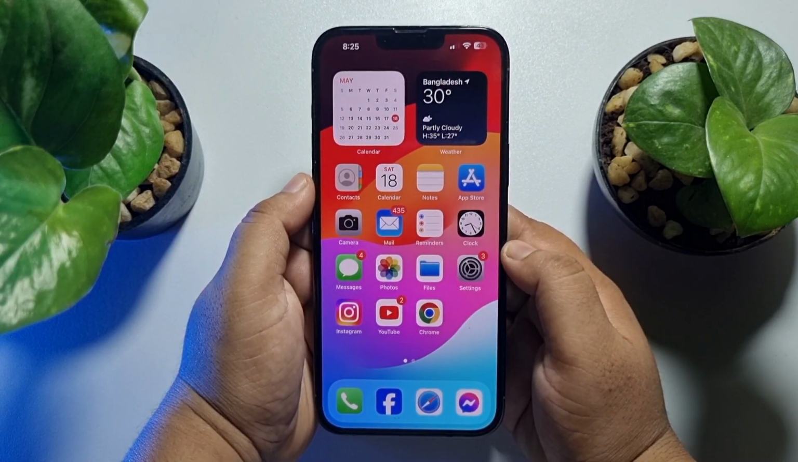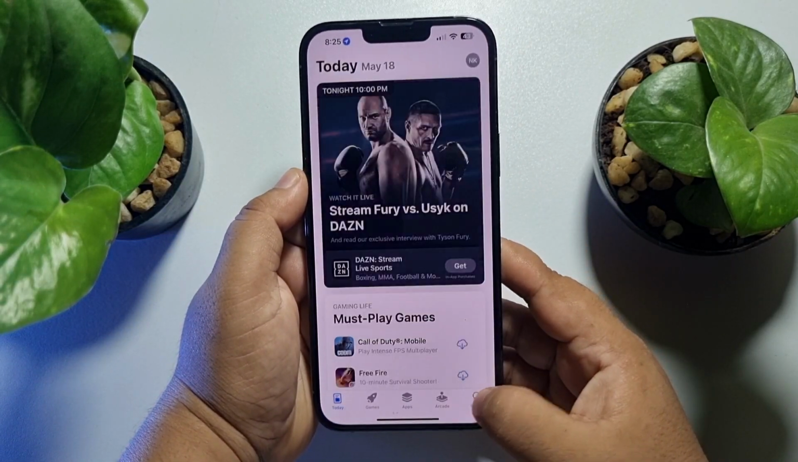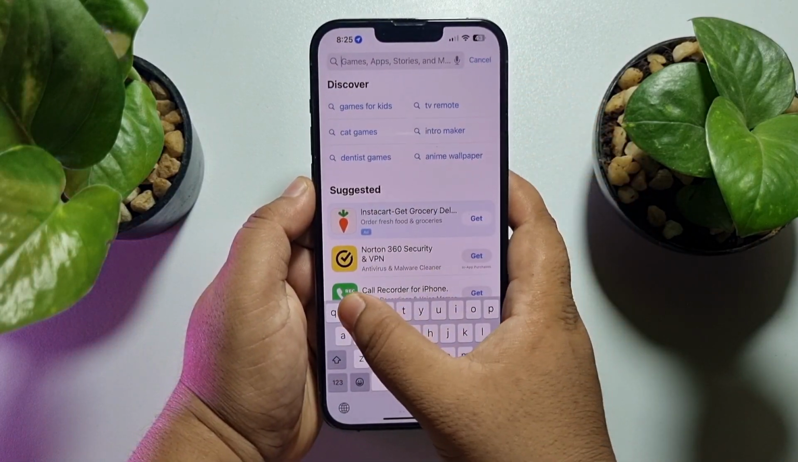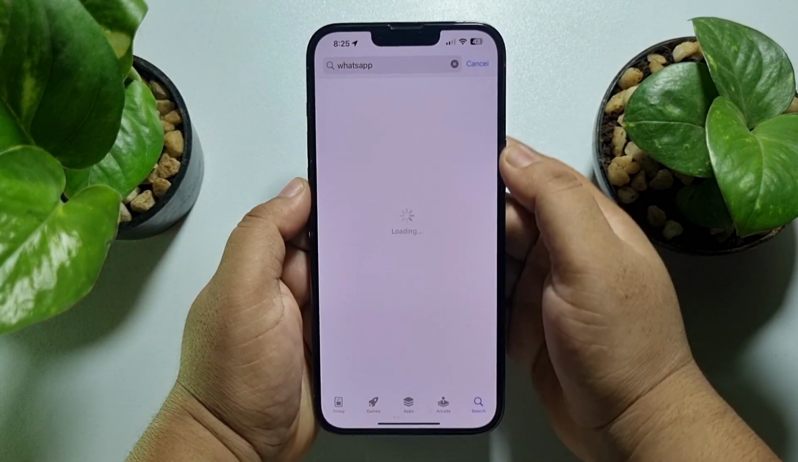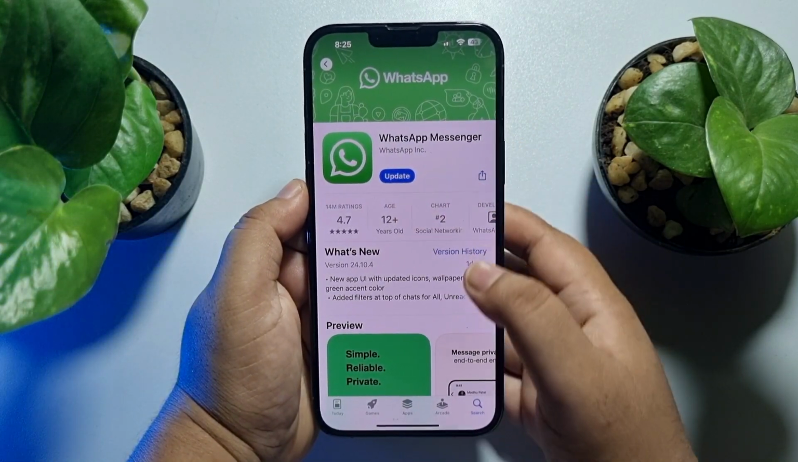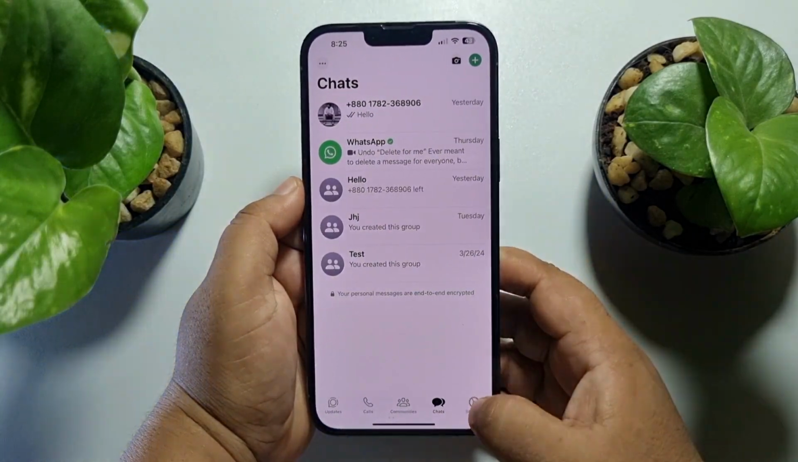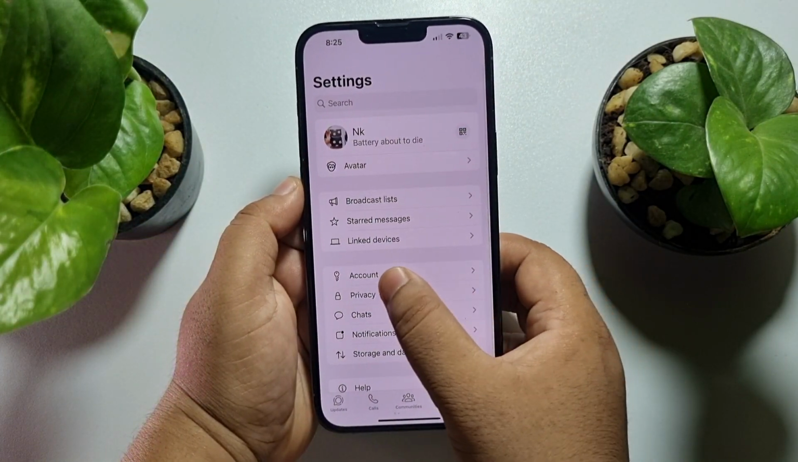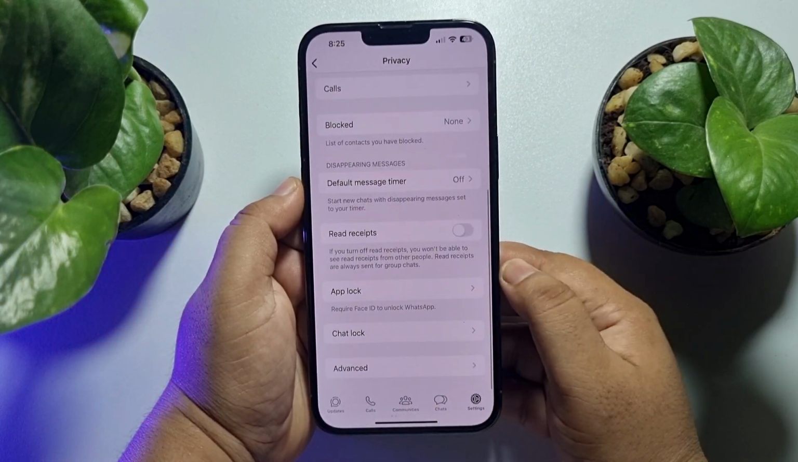First of all, make sure to update your WhatsApp app. So go to your App Store and search for WhatsApp, and if you see any update available, first of all update your WhatsApp app. Then go to your WhatsApp and tap on settings, tap on privacy, and here scroll down and you will find